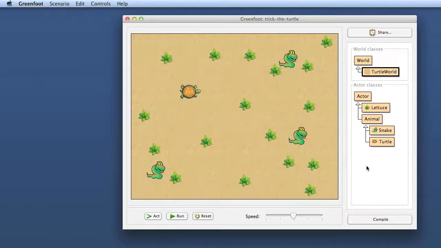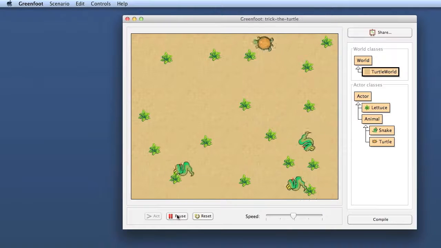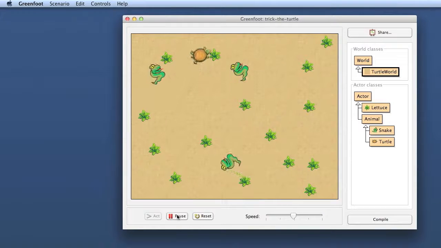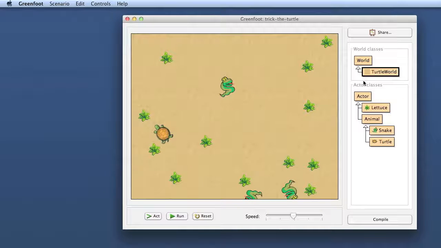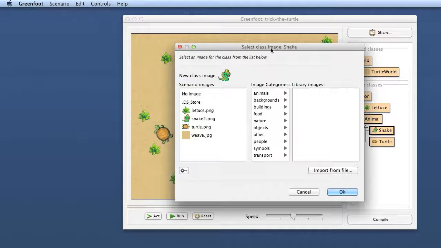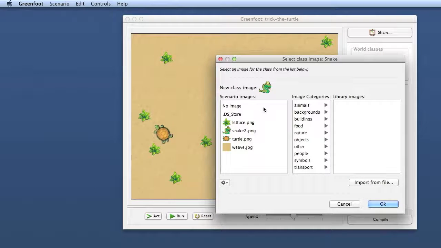For example, here we're now up to the stage where I have my turtle, Trick the turtle, running around. I can control him, and the snakes are running around. So I've got the start of a little computer game here. If you've poked around in Greenfoot, you may have discovered that you can quite easily change images. If you right-click on a class, there is a set image method, and you can change the image. So for my snake, for example,